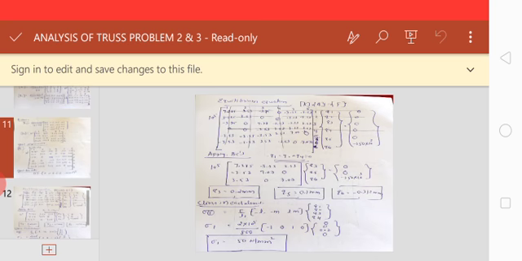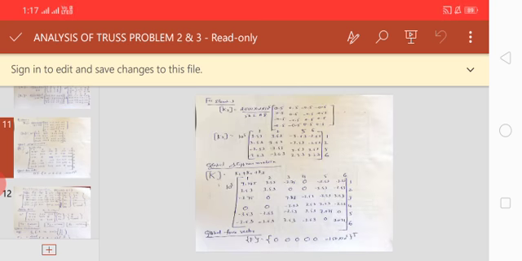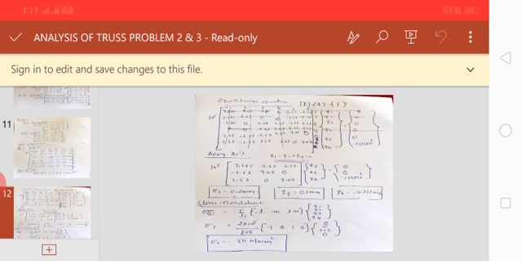Just now you got the value of the global stiffness matrix. Just now I have created the global force vector, and Q is nothing but the global displacement vector you have to represent, Q1, Q2, Q3, Q4, Q5, Q6. Next, once you have created the equation of equilibrium, now you go for application of boundary conditions.